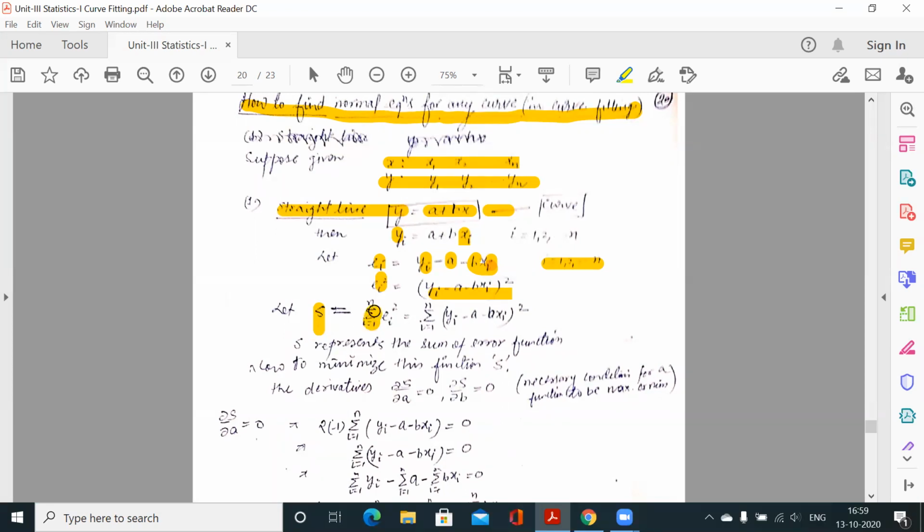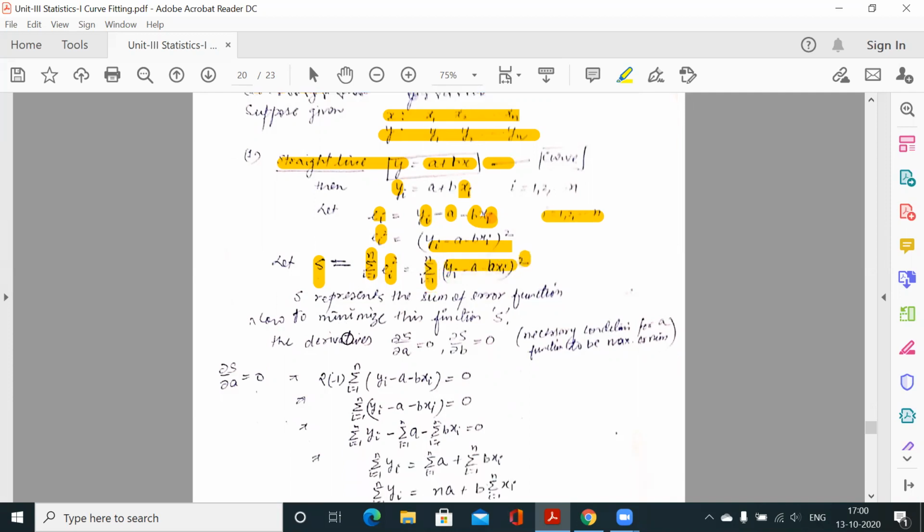So S is the sum of errors, meaning the sum of squares of errors. So summation e_i squared, i varies from 1 to n. Now substituting the value of e_i, e_i is y_i minus a minus b x_i, whole squared, summation. Now S is one function, and you know what is the necessary condition for a function, because now what is our objective? Our objective is to fit this